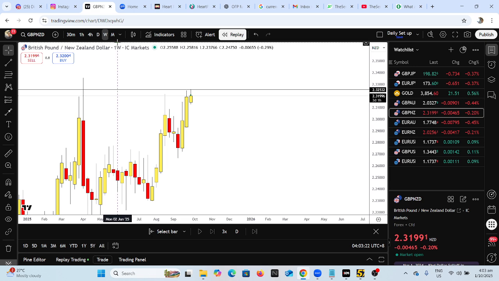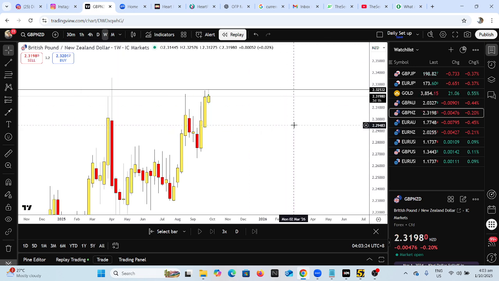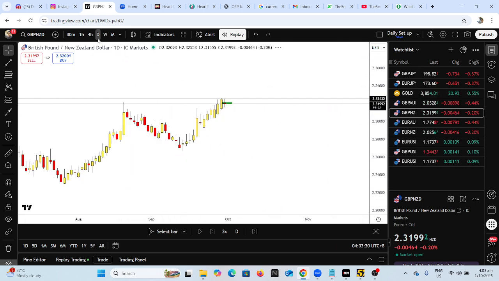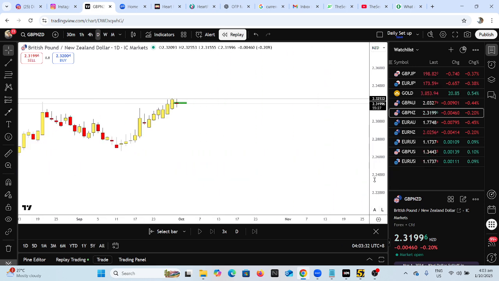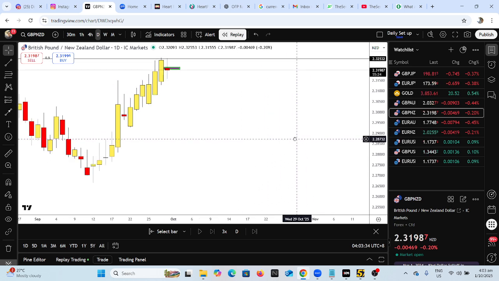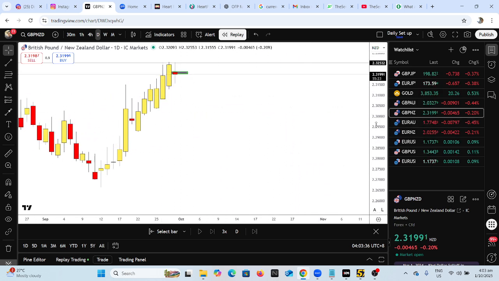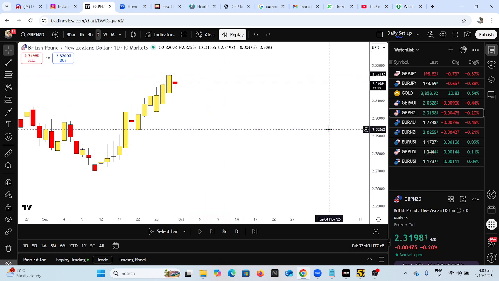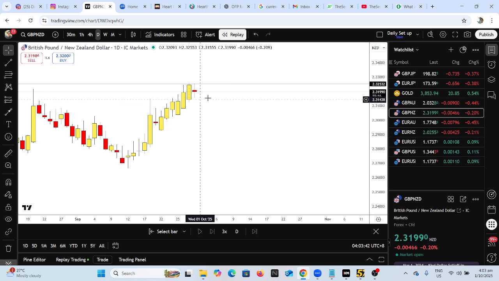I'm more inclined towards a sell should the opportunity present itself. Why I say that? Because if you look at this candle, it looks like a doji. Price closed like a doji,